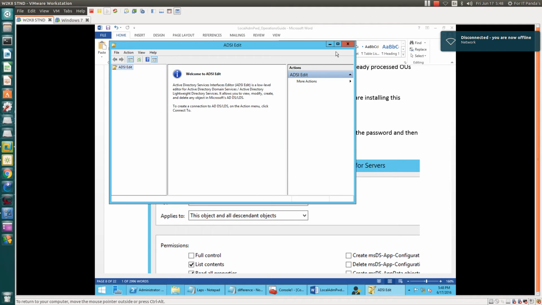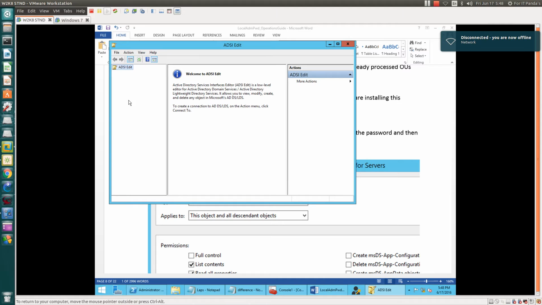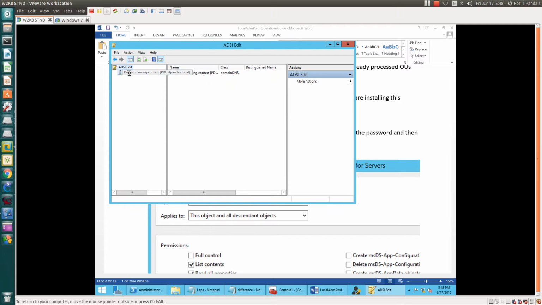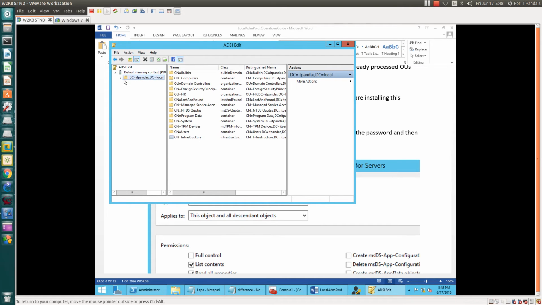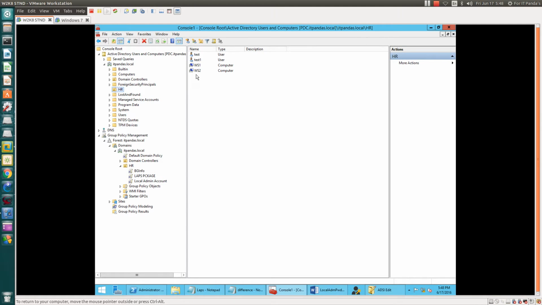Let's open it again. Right click, connect to your server. It should be the default naming context. What we are exactly looking for here is our HR group organizational unit, because our computers are contained here. So let's check HR.